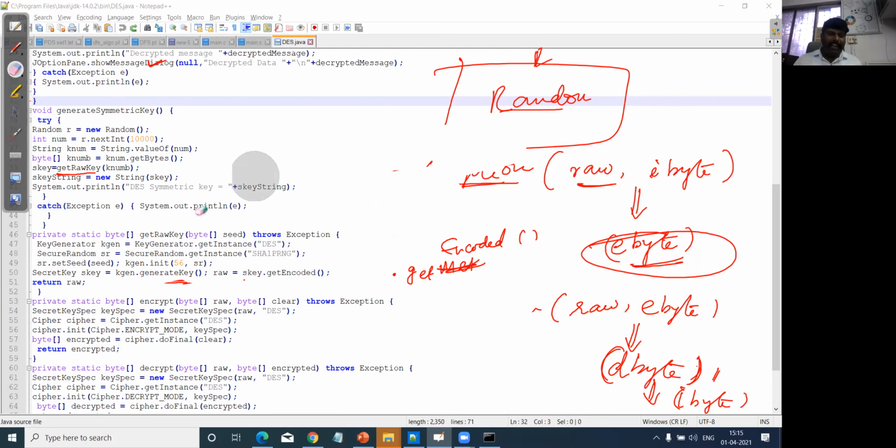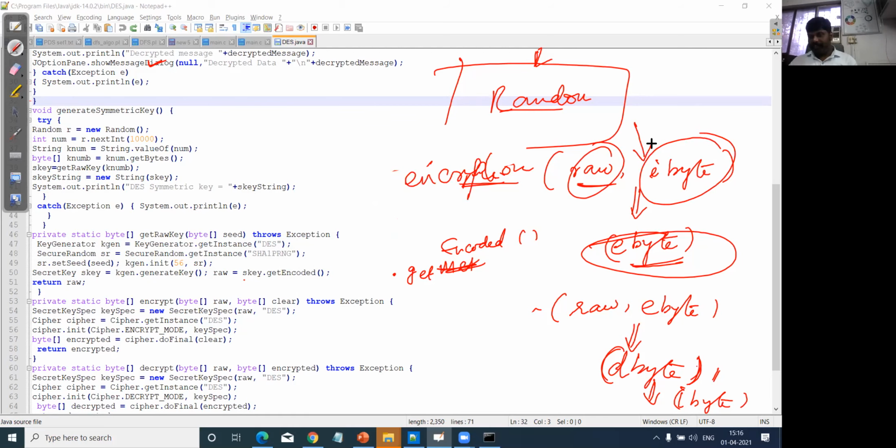Do you remember that I was explaining that when we do the encryption, we pass two values, raw and then the input byte, iByte. This is the input we got from the users. Now this is raw, the value which has been generated using the different functions, getRawKey. So that means this is a key value.